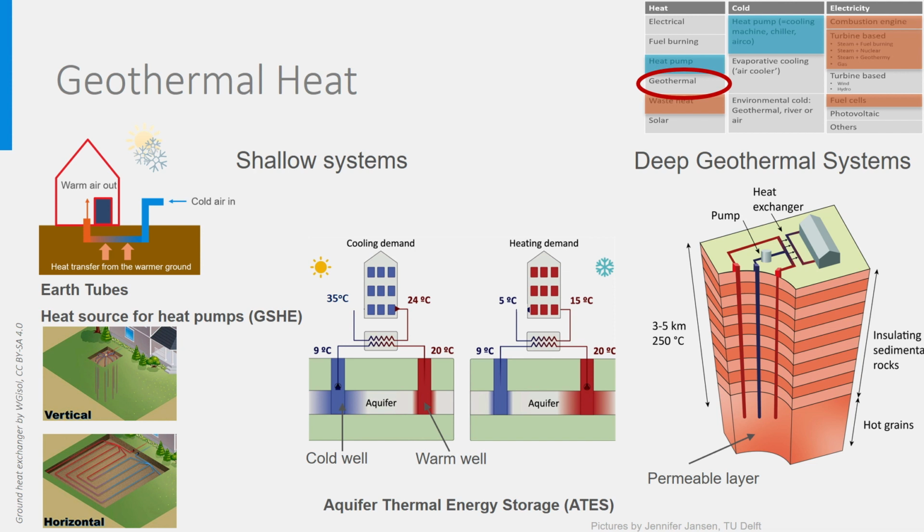Such geothermal systems can provide water at 40 to 70 degrees like in the Netherlands, but also at much higher temperatures like in Iceland and many other places all over the world. When the temperature is above 100 degrees Celsius, it is even possible to use the steam to produce electricity, which we will treat later. The concurrent production of heat and electricity makes such a system much more affordable. Such a geothermal system is relatively expensive, and these systems are generally used to heat complete districts or cities and are never used solely at building level.